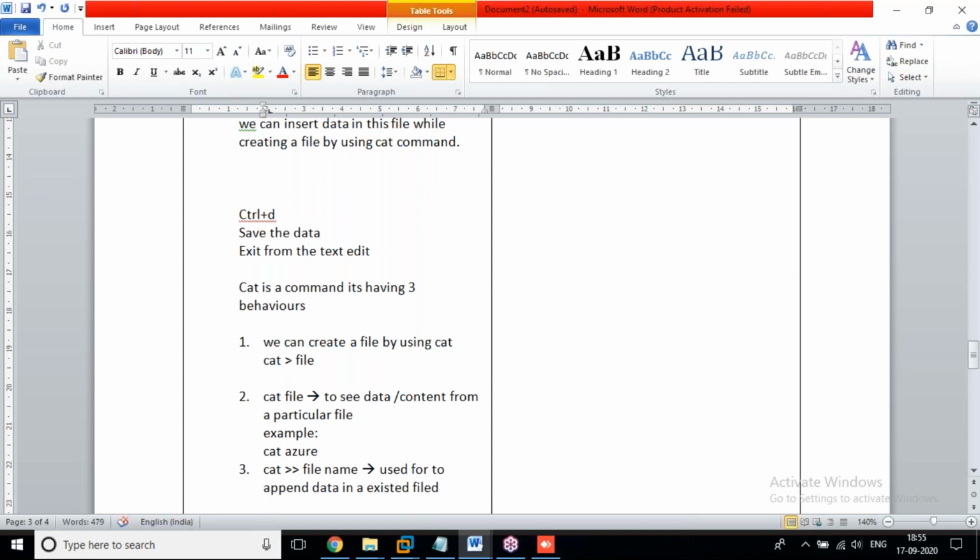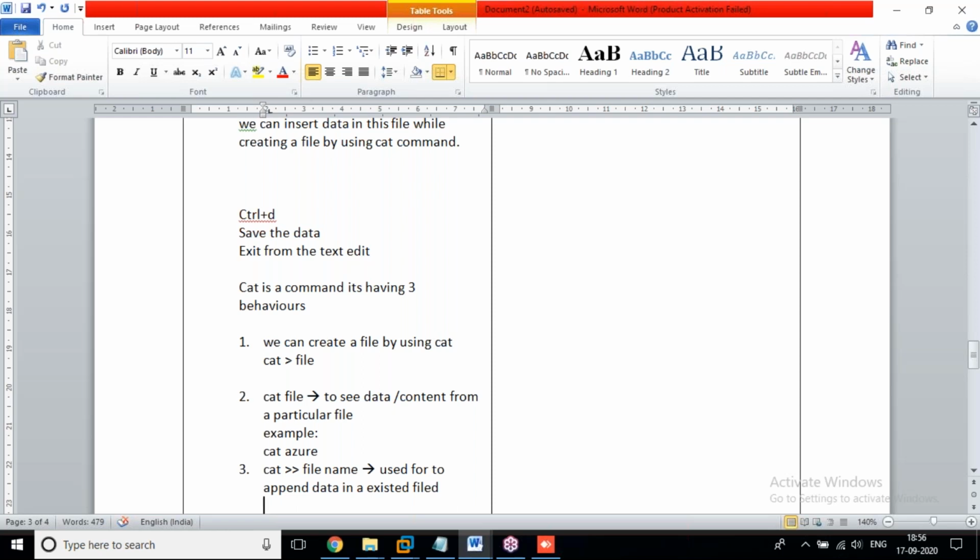Append means, keep in mind, we can't update the data. I mean that we can't replace data, and we can't delete data, and we can't place data wherever we want in an existed file. For example, if you have 10 lines, and in the middle, after the fifth line, you want to place data, we can't place it this time. Keep in mind, we are at the beginner level now. Yes, we can see that later on. Okay, we can't place the data in the middle.